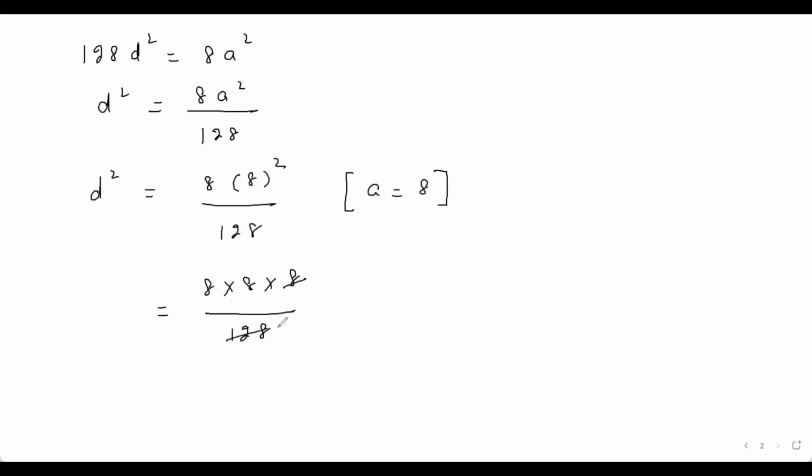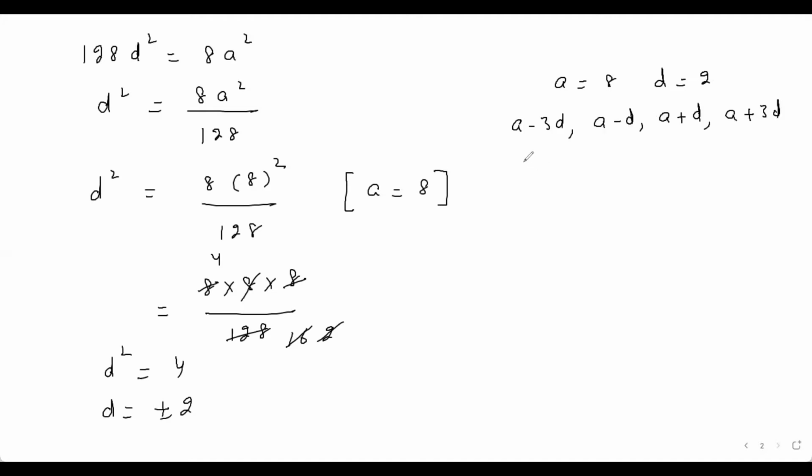Cut the numbers. You will have d square is equal to 4. The value of d is equal to plus minus 2. When a is equal to 8 and d is equal to 2, so the numbers are,